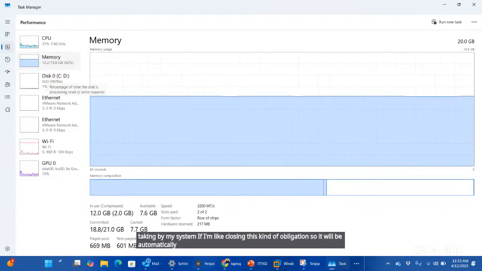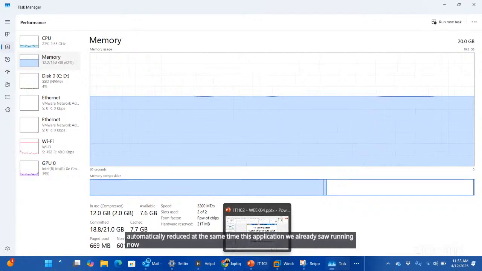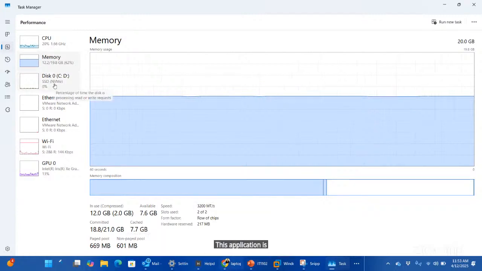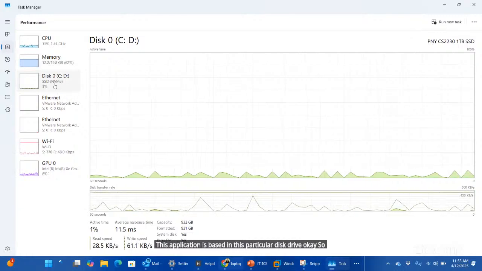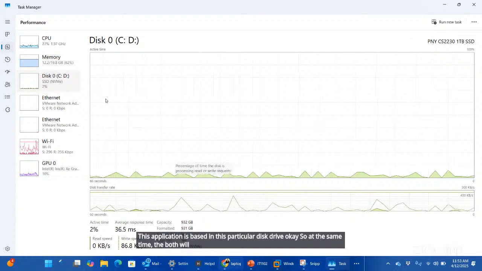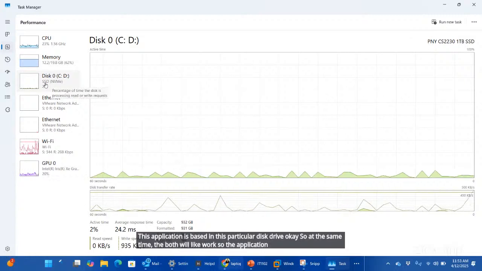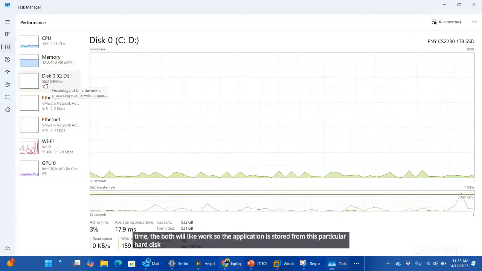At the same time, this application we already saw is based on this particular disk drive. Both work together. The application is stored on this hard disk.